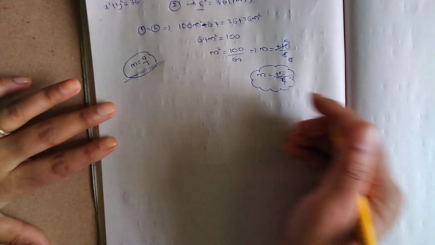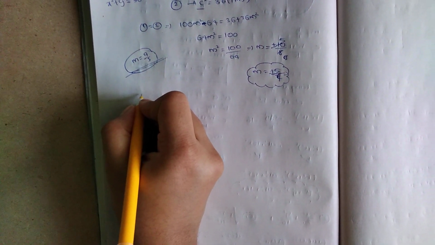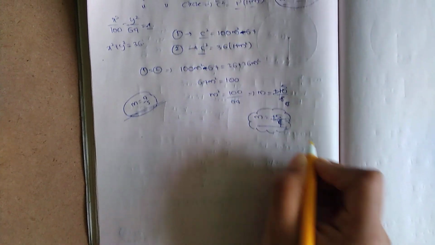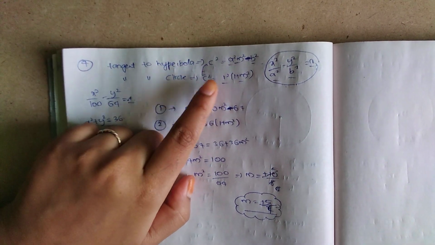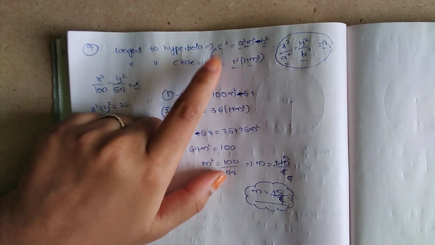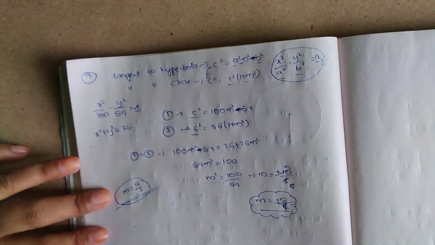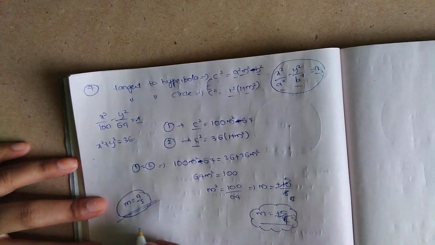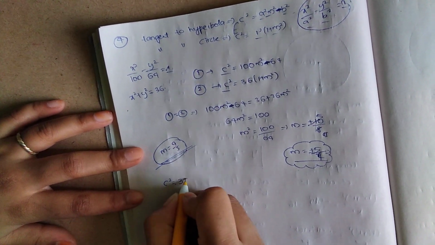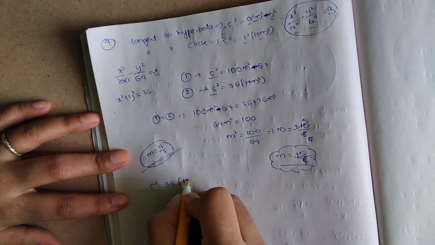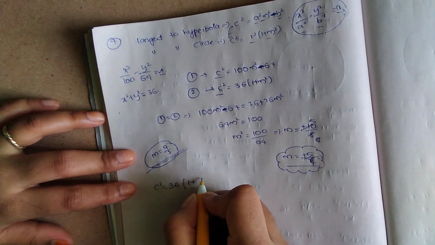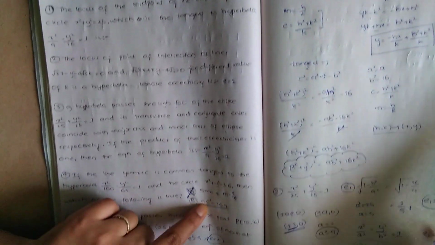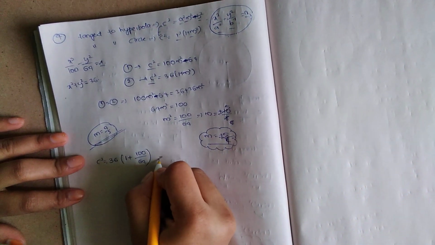We have this one. Let's check whether it is correct or not. So, how do you do it? If we substitute this m value in the tangent equation of the hyperbola or circle, you get the value of c square, correct? Which might be easy? Circle might be easy. So, c square is equal to 36 of 1 plus, what is m square? 100 by 64. Here they give 4c square, no? I am multiplying it by 4.